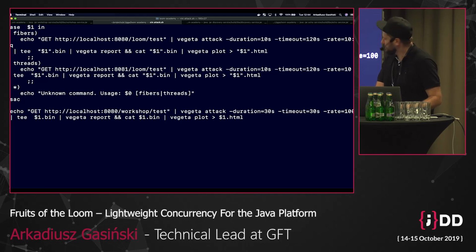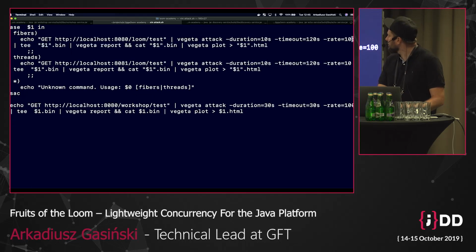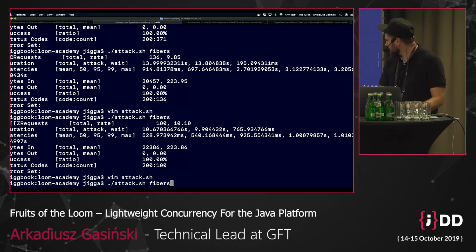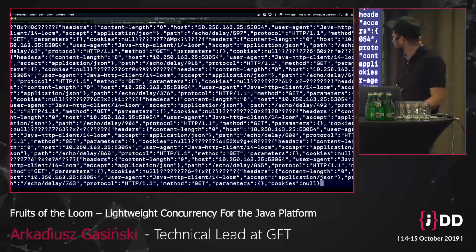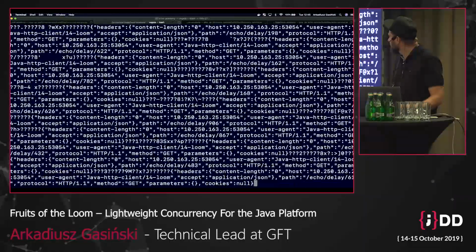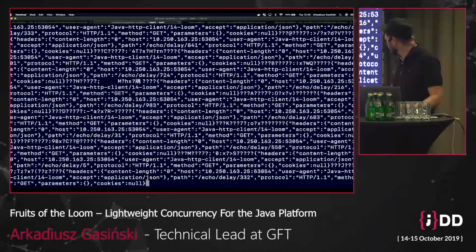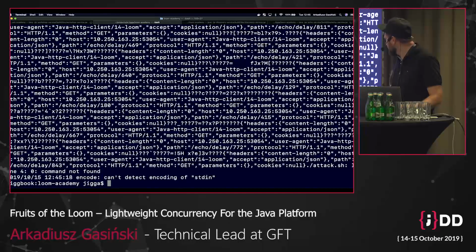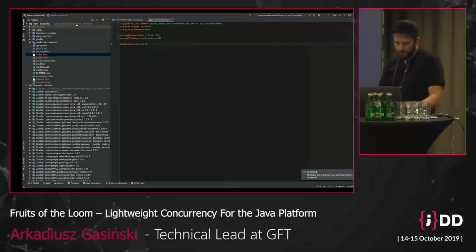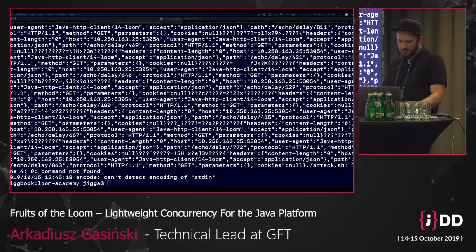Okay. Yeah, we do have 100 requests, and let's attack the service. So we see that, what's happening here? We shouldn't be getting the response here. Okay, but it actually finished the execution.